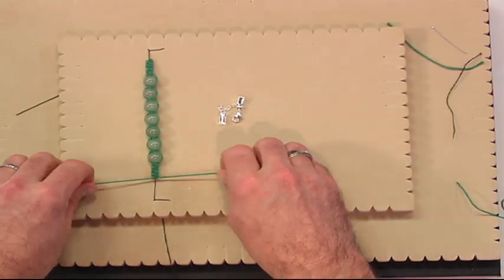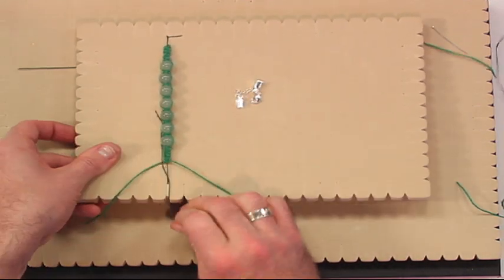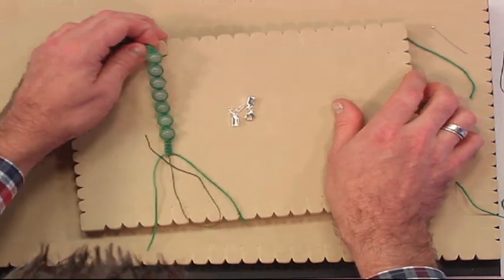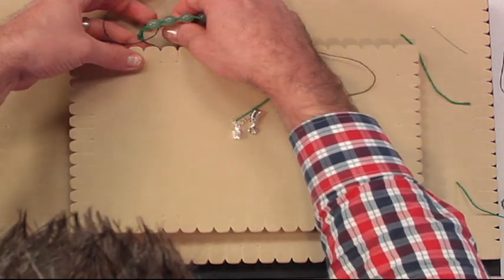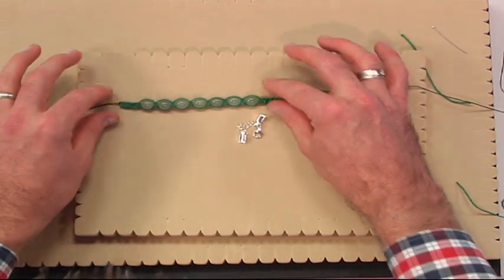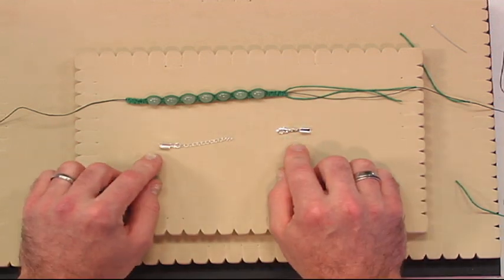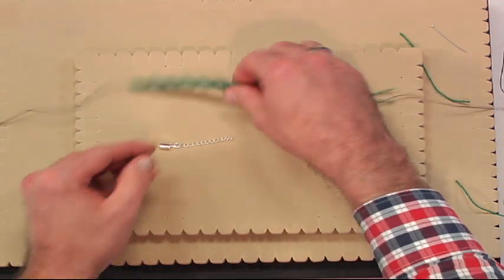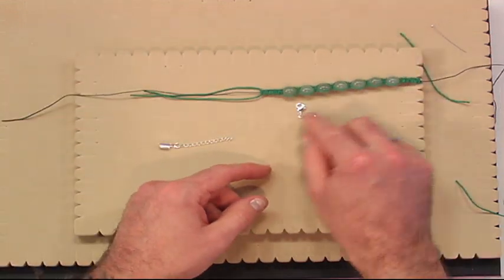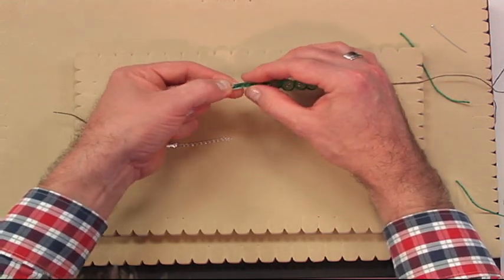Again, we've finished our bracelet and we take it off of our board, top and bottom. Like so. And this time, there's no gluing involved. This is a much easier way of finishing off a bracelet. So we take our lobster claw and extender, which comes apart into 2 pieces. As a preference, I always start with the side that has the 3, the working and also the lazy, and the lobster. So all we do for this is pop in our 3 ends,